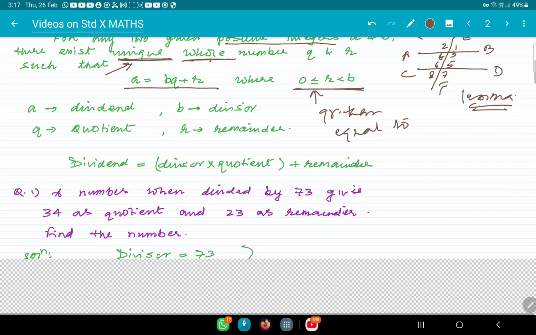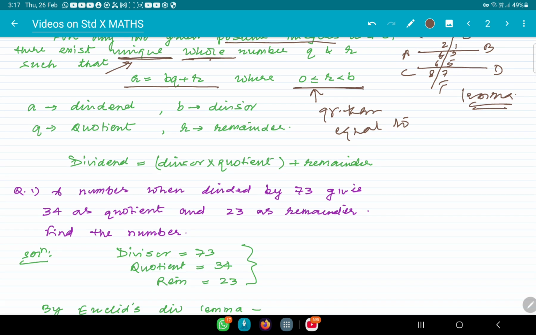As you have already done in your junior classes, how you do division and how you do verification of division. In verification of division, what you did was: dividend is equal to divisor into quotient plus remainder. The same thing you will do in